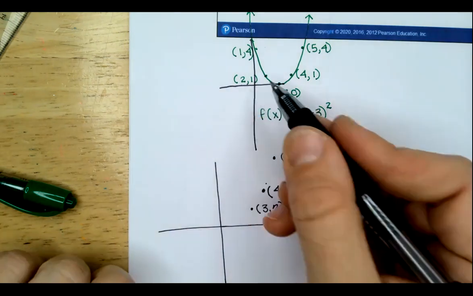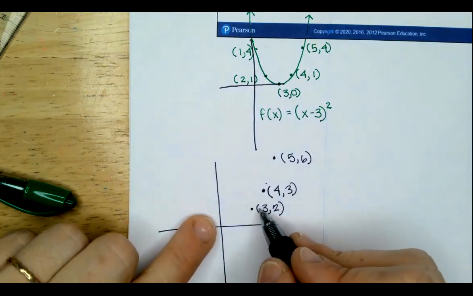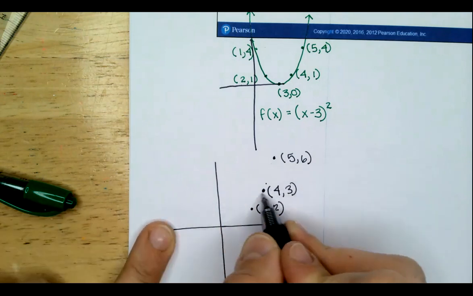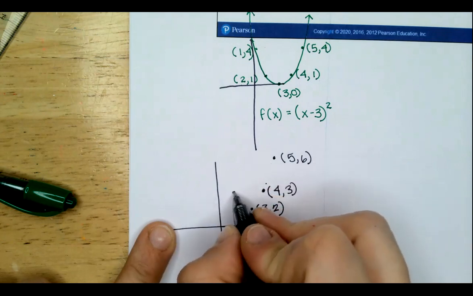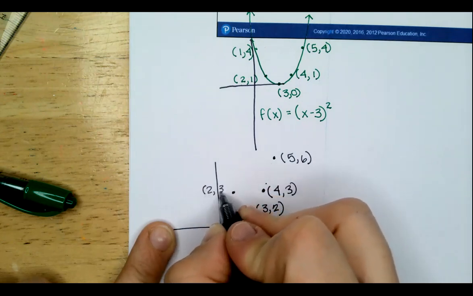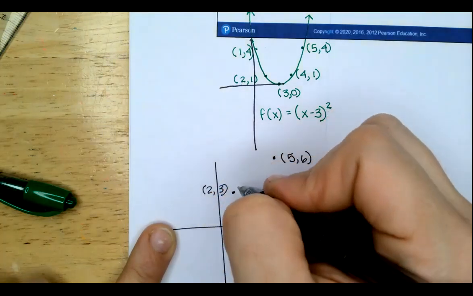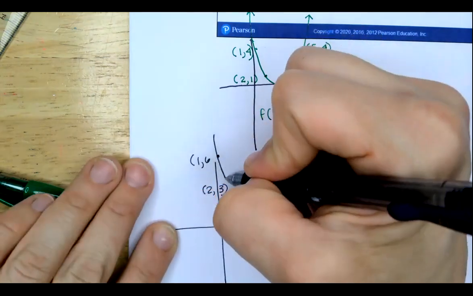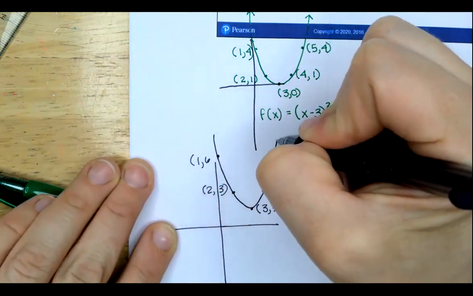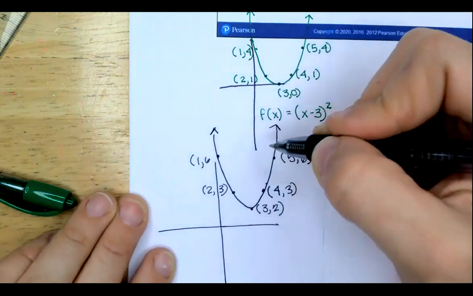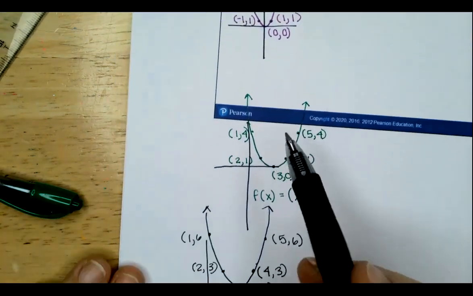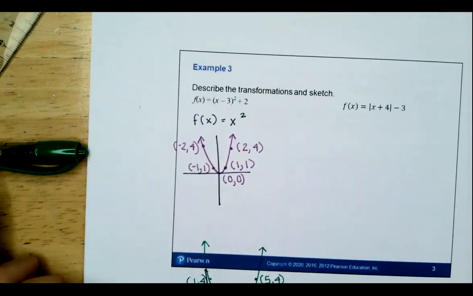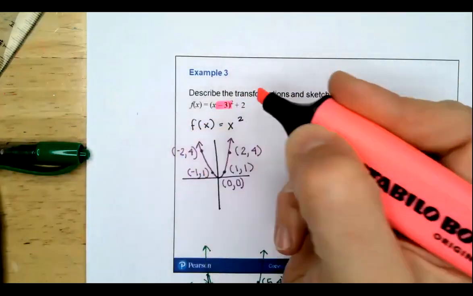Good. 2, 1. We're adding 2 to the y value. So instead of being at the line y equals 1, we're going to be at the line y equals 3. So it's 2, 3. And then 1, 4, we're going to add 2 to the 4. So it's going to be 1, 6. So it's that same parabola going in the same direction, staying the same size, but we moved it to the right 3 and up 2. So this part meant 3 to the right,